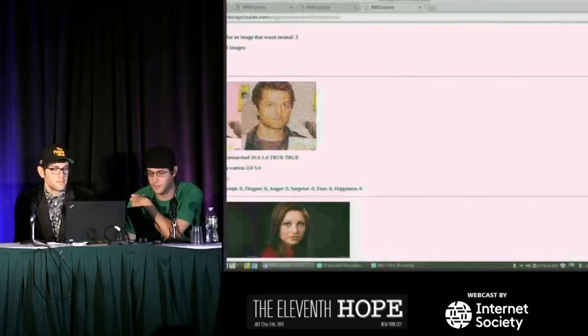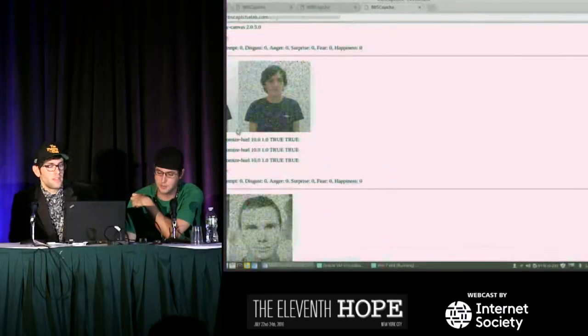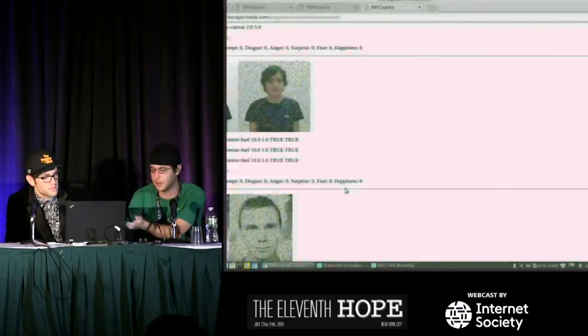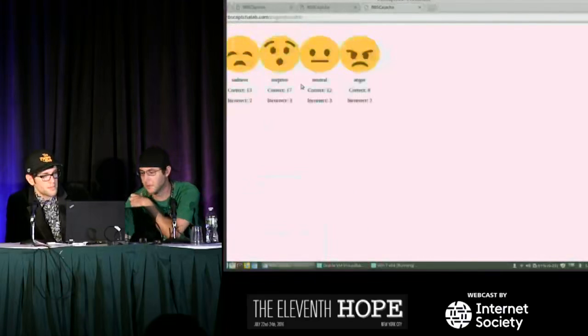And it'll tell you what the incorrect guesses were. Surprise was 1, happiness was 1. And then it'll show you all the images, the whole filter chain that we applied to each image, of all the emotions that were possible, a count of how many times each one was guessed. So if you guys want to try that out, we'll look at the results at the end of the speech here.